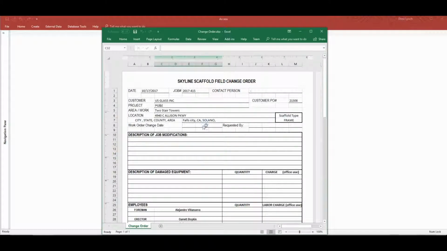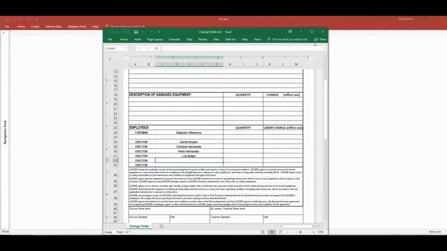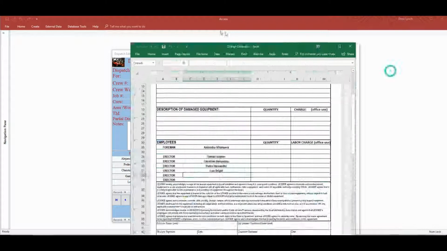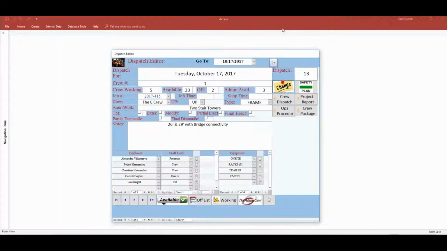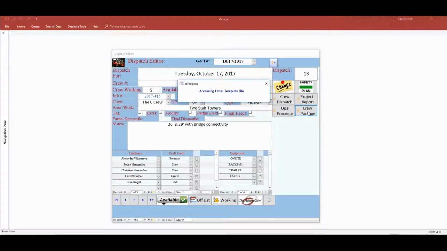And so we can see now that it's filled in the template with all the details for the job, and it's actually written in the crew members, including the foreman. Our foreman here, Alejandro, is written here, and the other crew members are listed like that. And this, of course, can be done for each of the other templates, or we can do a package which would just go ahead and